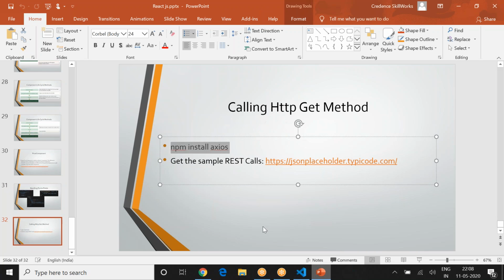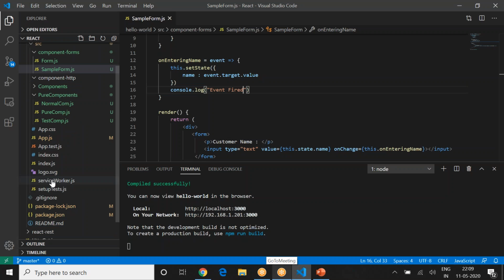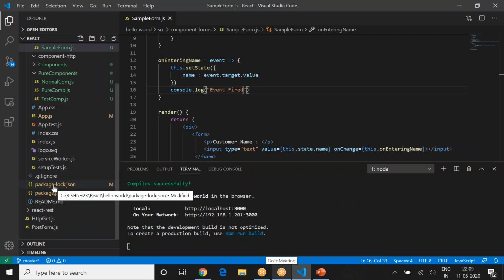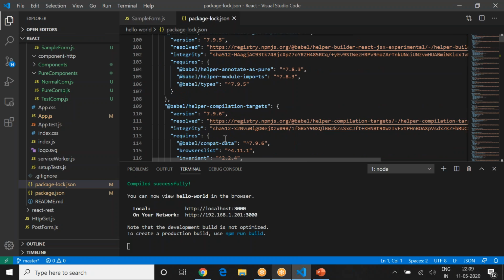First thing you have to do is npm install axios. So stop the server and do npm install axios. This is going to take some time. You will see that a dependency will get added into your lock file, and you will see the Axios dependency.